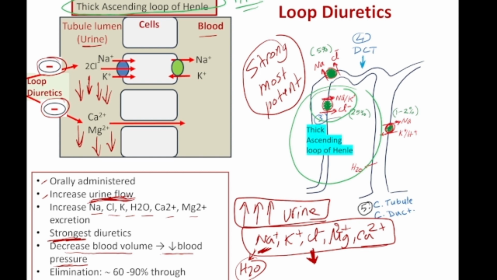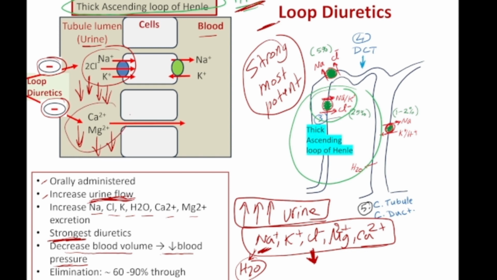So this is how this medication works. The question here, where is the site of loop diuretic? Site of action will be thick ascending loop of Henle. How this medication works? This medication works by inhibiting the sodium potassium 2 chloride transporter, inhibiting reabsorption